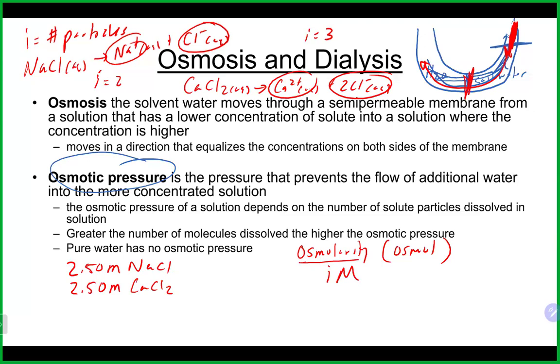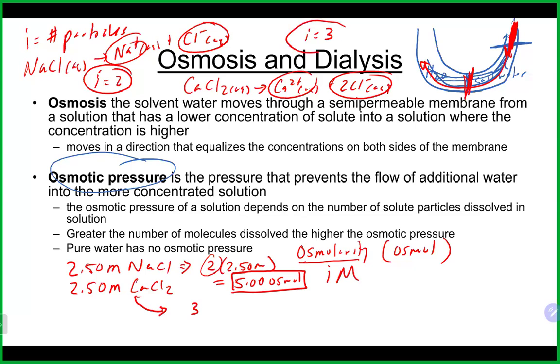If we were to calculate the osmolarity of each of these, the osmolarity of this guy would be 2 times 2.5 molar. And again, 2 here is our i value, like we got up here from the 2 particles that are present. That would give us for sodium chloride 5 osmolarity, as a sort of osmotic pressure. If I did it for calcium chloride, i is equal to 3 as we did up here, and we would multiply it by the 2.5 molar in that case. It's late, so I'm going to grab my calculator so I don't mess it up. So, 7.5